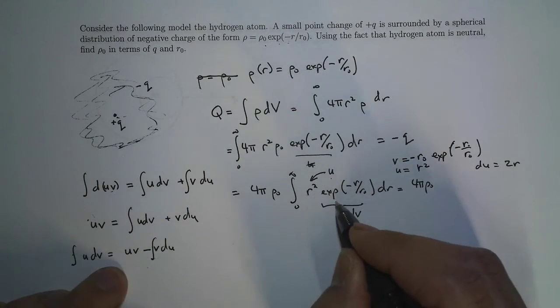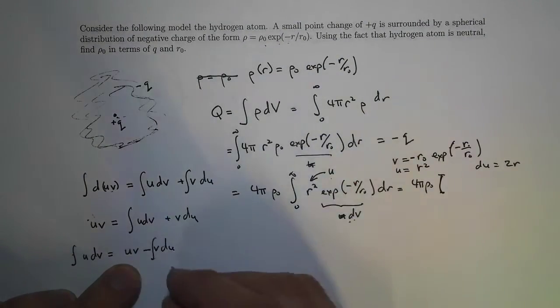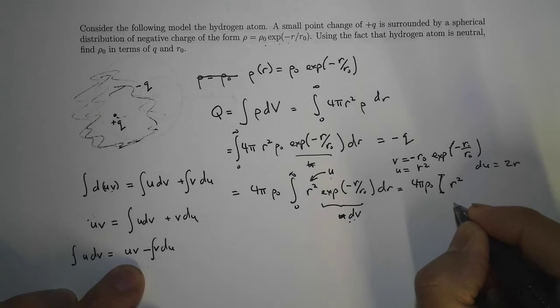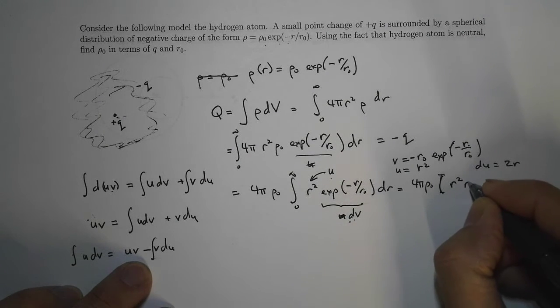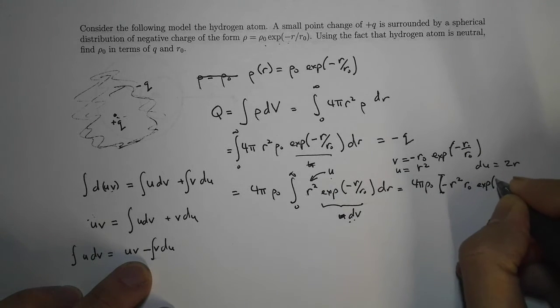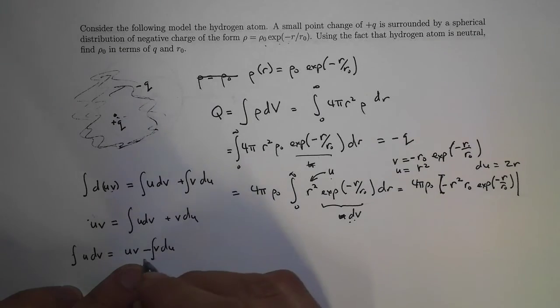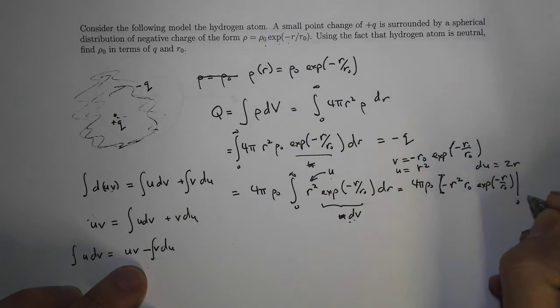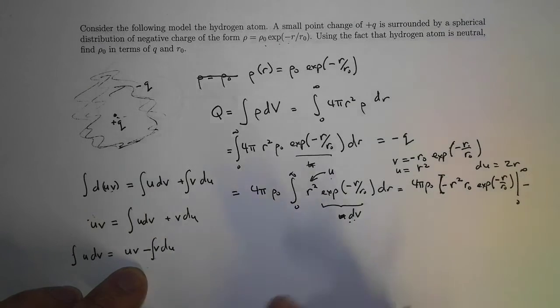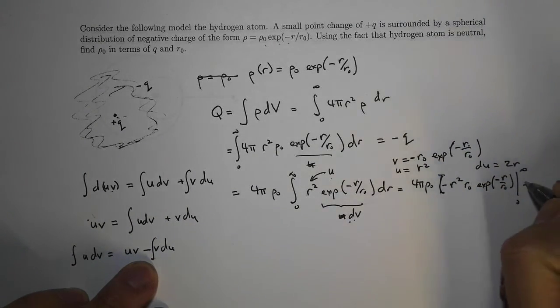I'm going to have to write down uv. uv is going to be r squared, and v is going to be r naught with a minus sign, exponent minus r over r naught. And this term now is going to be evaluated between 0 and infinity. Minus v, which is this one, a minus is a plus,